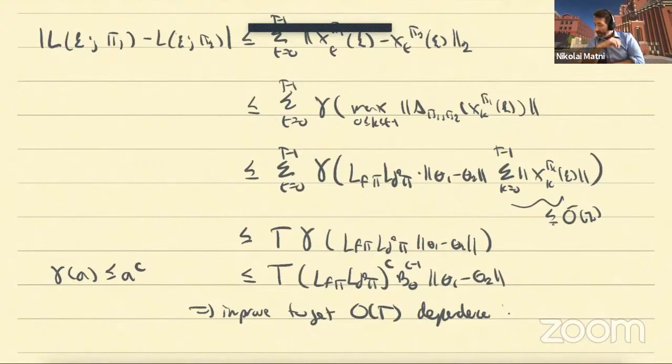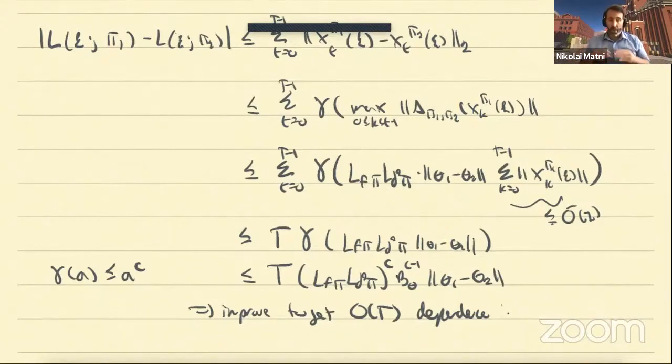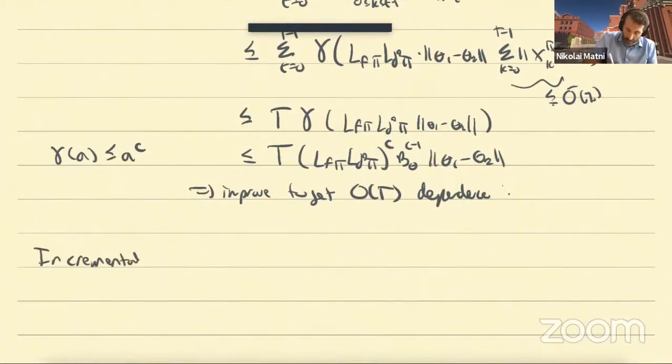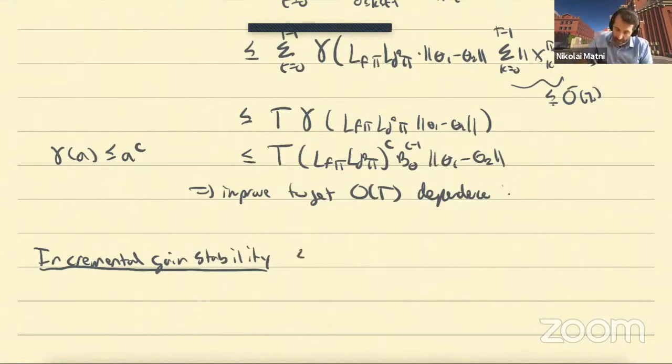That being said, what this shows is that we need more resolution into how signals map from one to the other. So this is what motivated the definition of this notion of incremental gain stability, or what we call IGS. So it's the same setup as before, as the delta ISS definition. And now this is going to get a little cumbersome, but bear with me.